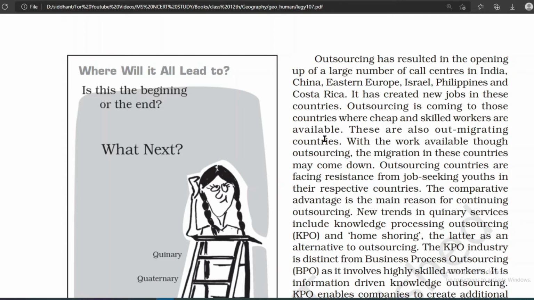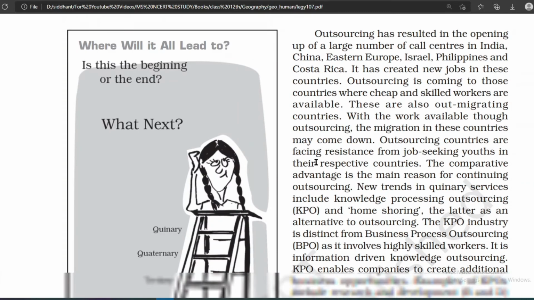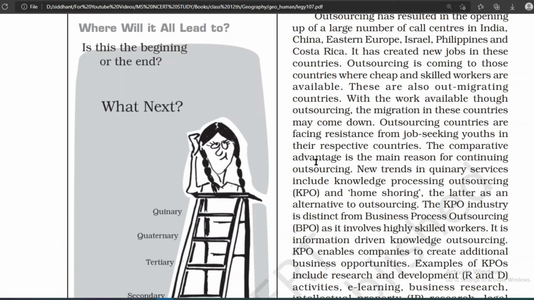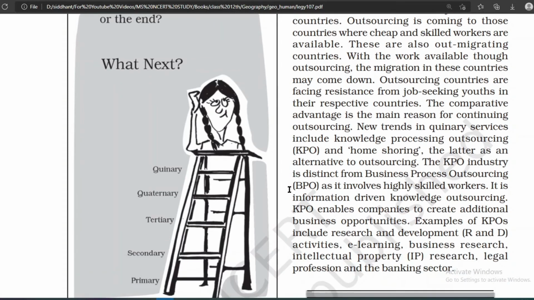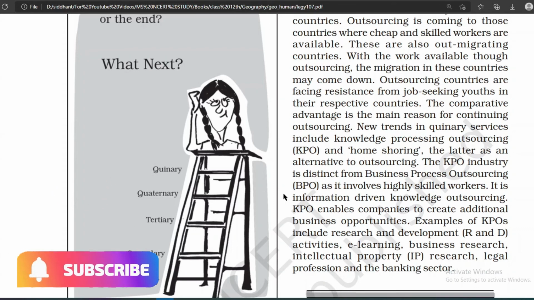New trends in quaternary services include knowledge process outsourcing, KPO, and home shoring, the latter as an alternative to outsourcing. The KPO industry is distinct from business process outsourcing as it involves highly skilled workers. It is information-driven knowledge outsourcing. KPO enables companies to create additional business opportunities. Examples of KPO include research and development, R&D activity, e-learning, business research, intellectual property research, legal profession, and the